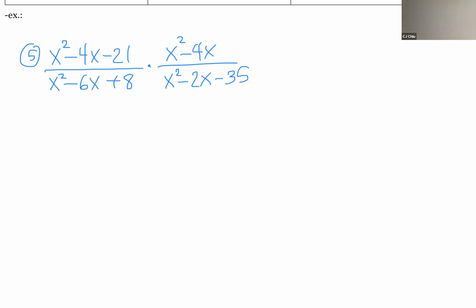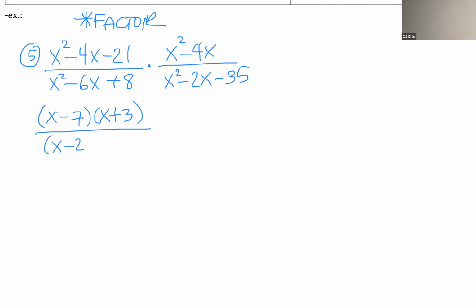So you need to factor. So here are ones that look like this, okay? So then x squared minus 2x minus 35 gives you x minus 7, x plus 3 there, then x minus 2, x minus 4